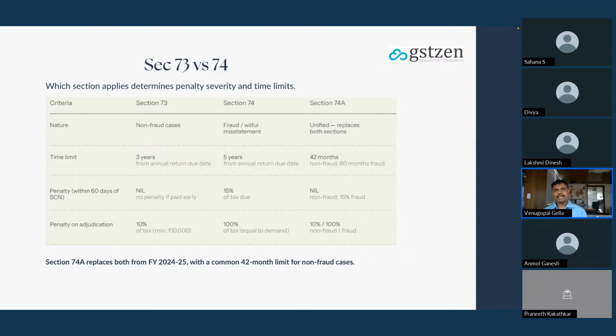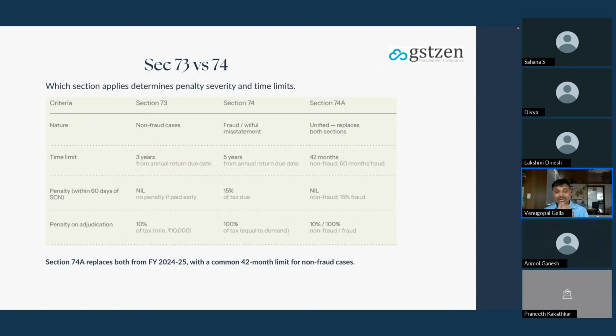Basically, the department looks at the case to see whether it is intentional or unintentional. When we say intentional, that means you have suppressed the tax, and ITC has been wrongly availed. So the fundamental thing you are looking at is whether it is intentional or unintentional.